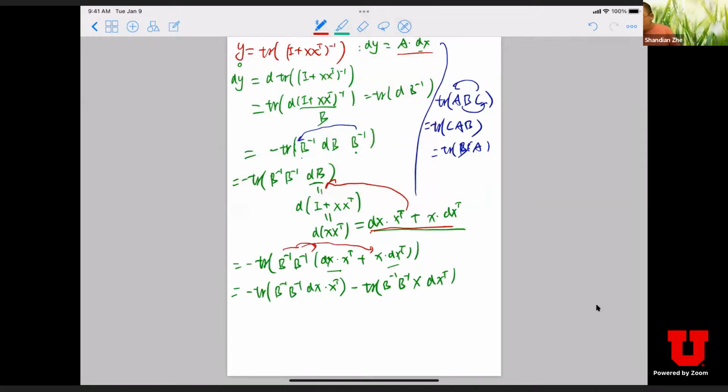So you got a trace of a1 plus a2, and this is equal to trace a1 plus trace a2. Does it make sense? And you have a minus sign in front of it, so you must have a minus sign. It's really bad writing, right? So it's trace a1 plus trace a2 equals trace a1 plus trace a2, and with the minus sign in front you get minus here and minus here. That's how we got this, right?